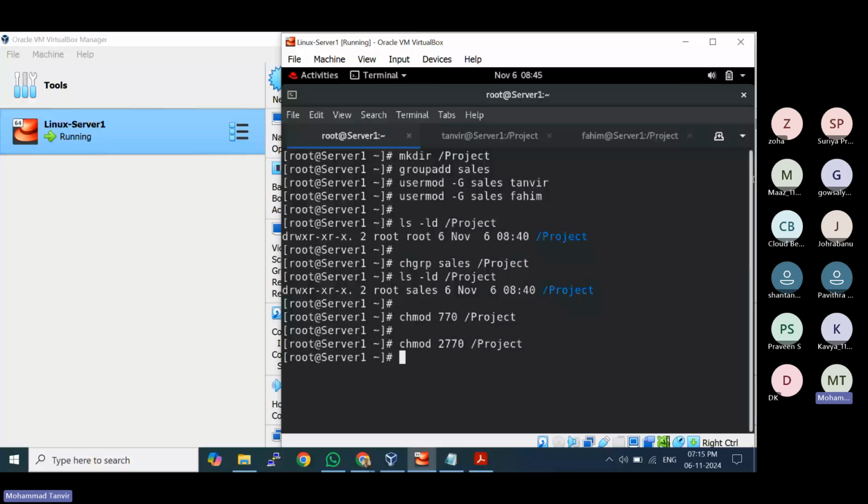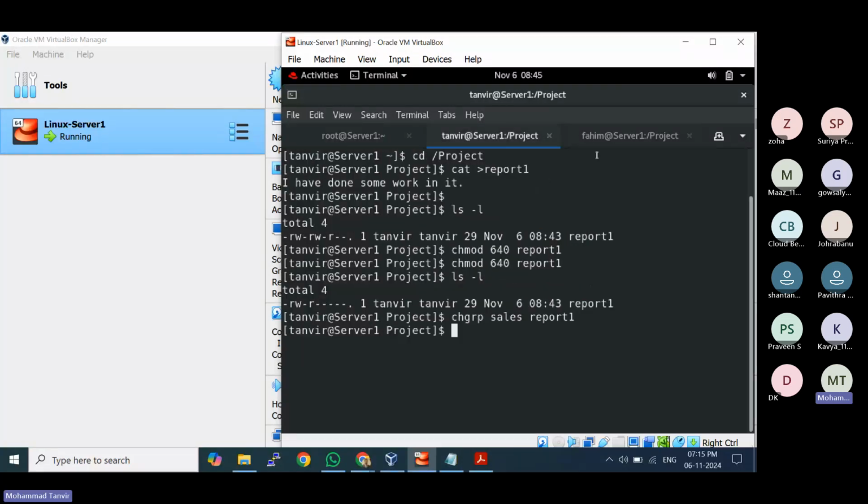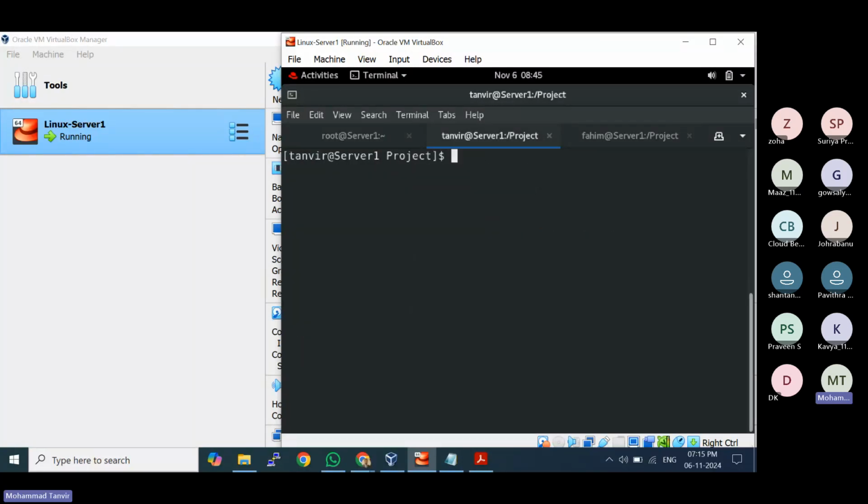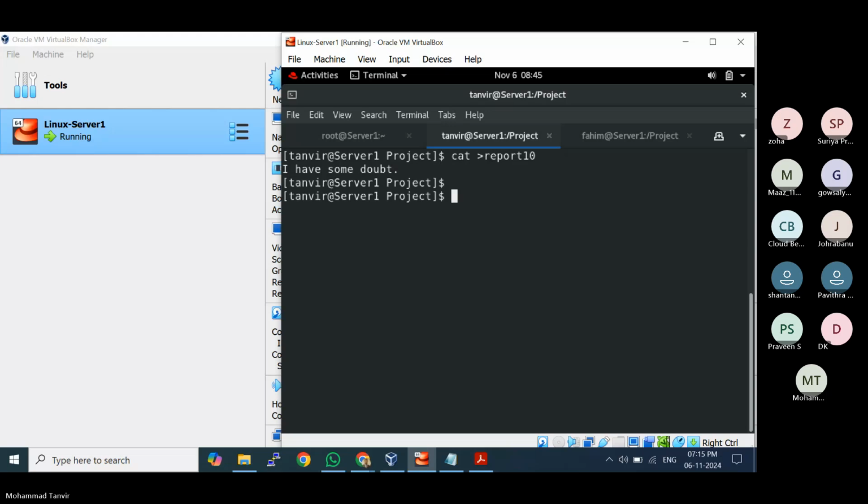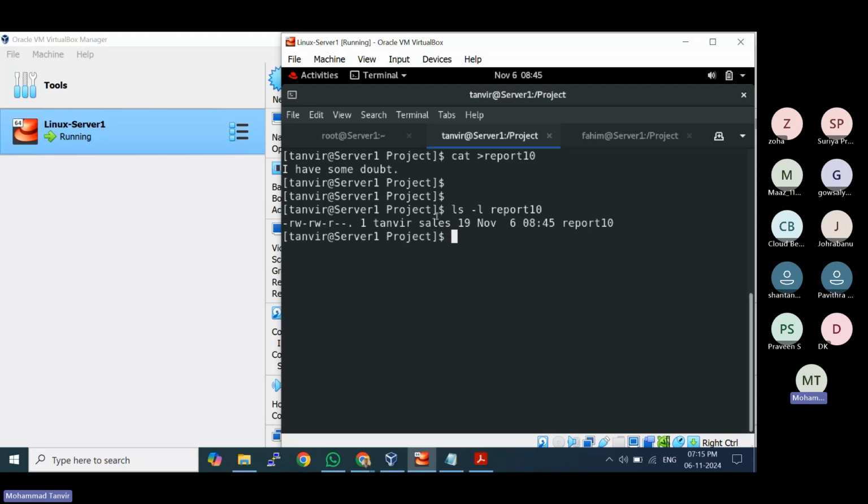So what is going to happen with the SGID? Now, whatever files and folders are created inside it, suppose cat > report10, ls -l report10. You see, now the group owner is changed by default or not. So this is the advantage of using